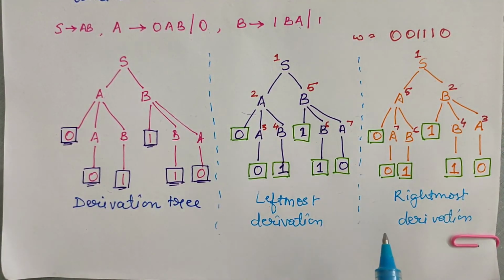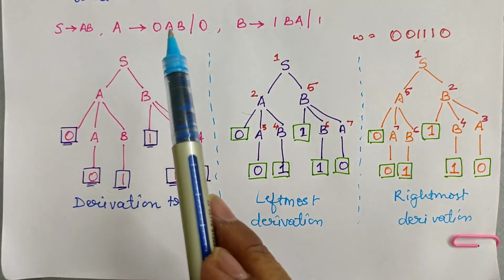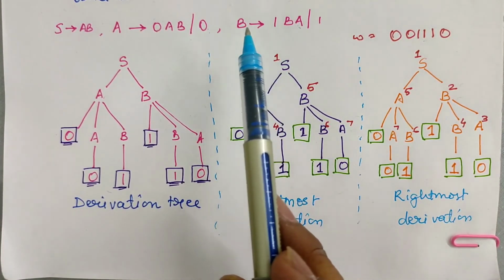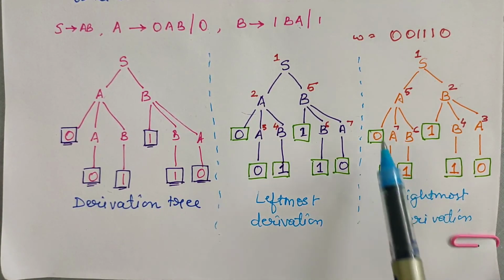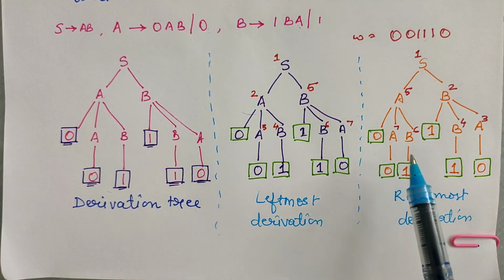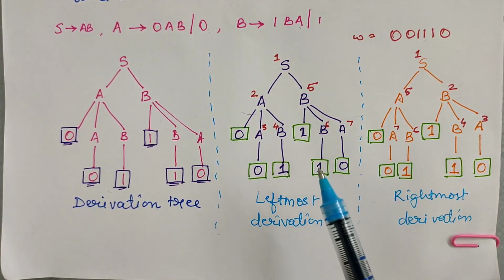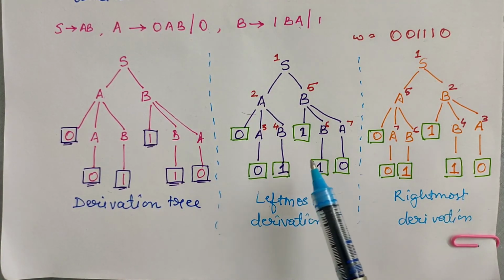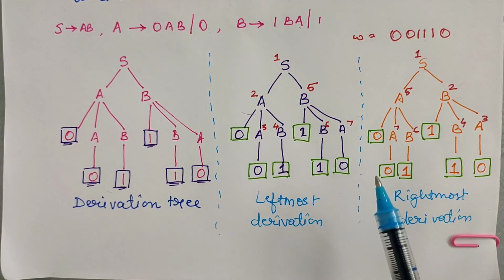Here we need to note that if we have an unambiguous grammar, whether you perform the leftmost derivation or the rightmost derivation, the tree that we will get is the same in either case. For an unambiguous grammar, you will have the same tree if we perform the leftmost or rightmost derivation. I hope this is very clear, my dear friends.